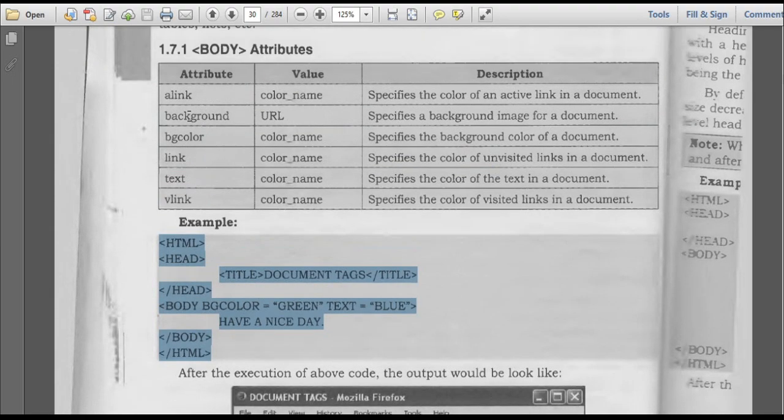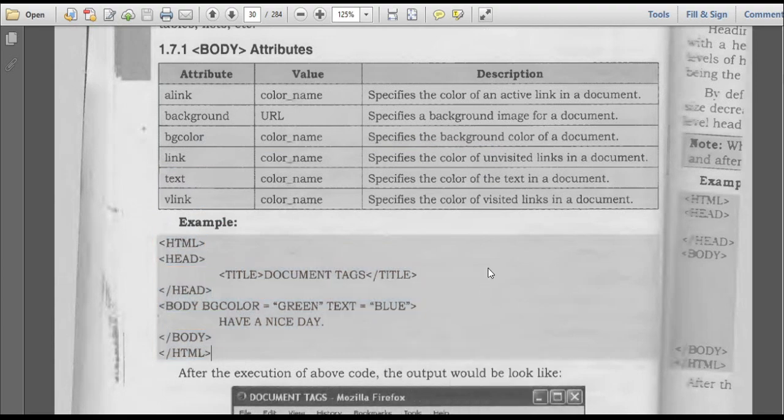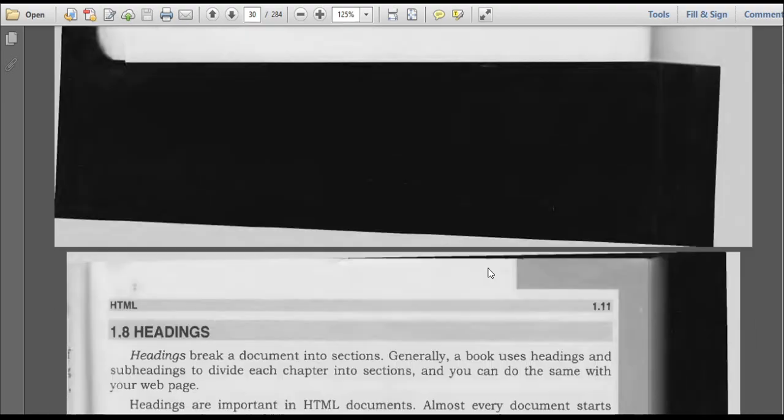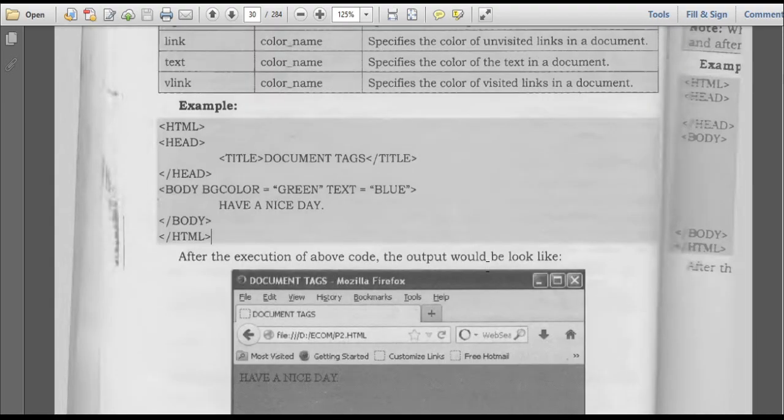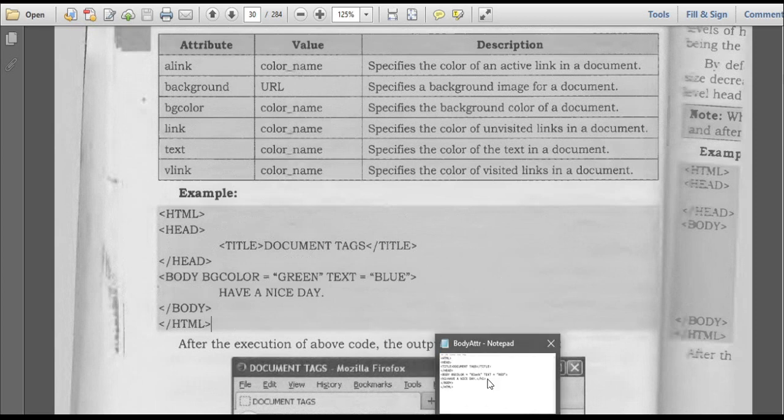Apart from bgcolor, there is background. So here the background attribute's value is a URL, and you can specify background images also. It specifies a background image for a document. So for example, do we have an example for that program? We'll see. For bgcolor the value will be the color name, and for background we have to write a URL here.